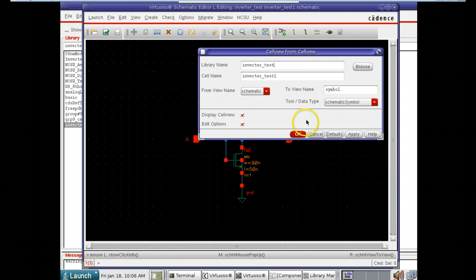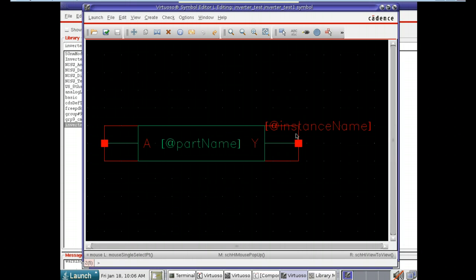Okay. Select OK. Okay, so this is what pops up. This is basically your input and your output. Couple things we'll want to change here. You don't have to change some. You're always going to change the name, but if you're building just